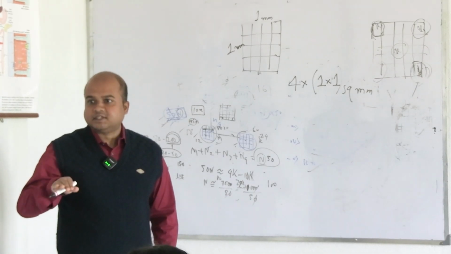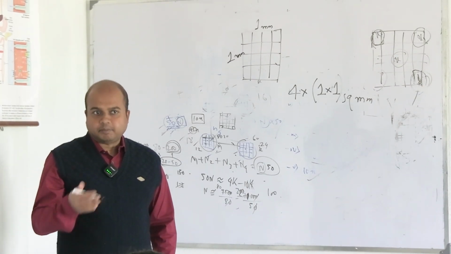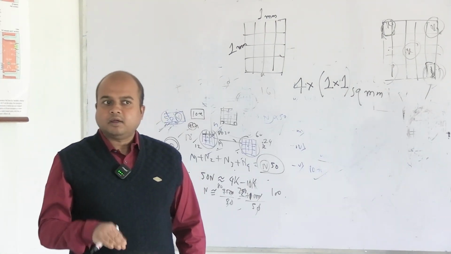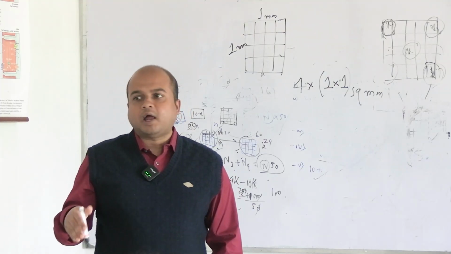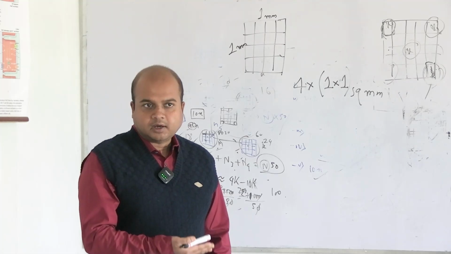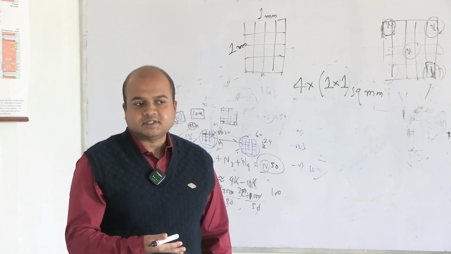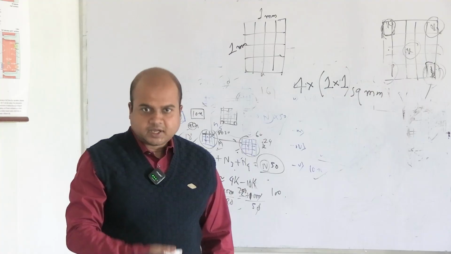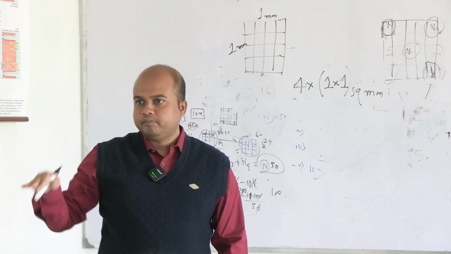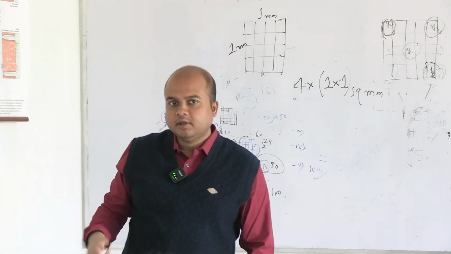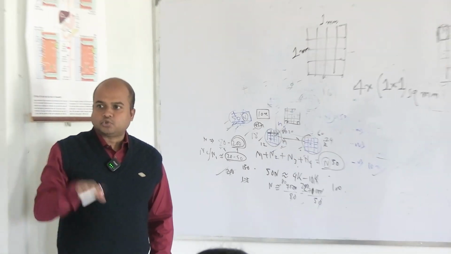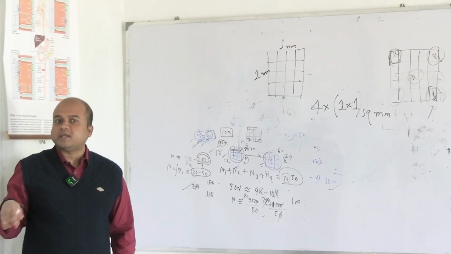In that space the blood is lying and we are counting the cells, and the blood cells are seen over the squares, that is, actually in the space between the cover slip and the counting grid. So it is the volume of the blood overlying the squares. Like I just told in the class, it does not make any sense if we call volume of the floor. It can be the area of the floor or the area of the room, area of the roof, but the volume of the room, because the walls have a height. So without that dimension we can't speak of any volume. So it's not actually the volume of the squares, it's the volume of the blood overlying the squares,